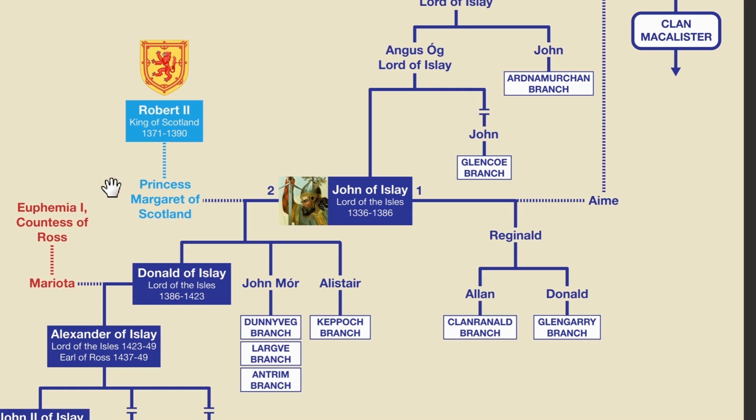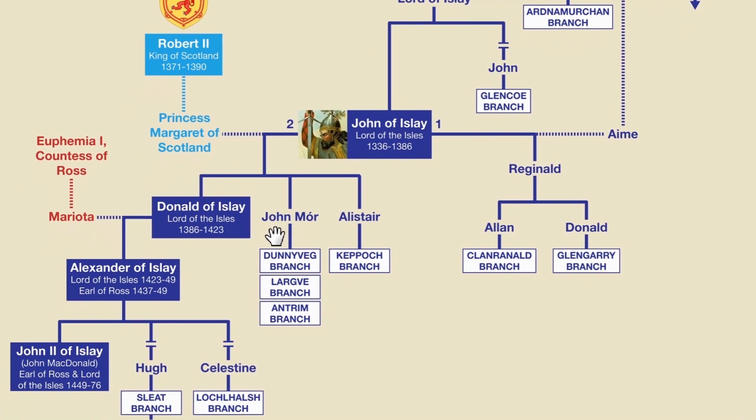He married Princess Margaret, whose father was King Robert II. They had several children, among them Alastair, who fathered the Keppoch branch, and John Moore, who fathered several branches collectively known as the South MacDonalds, while the main branch continued as the North MacDonalds. And yes, although Donald was younger than these children here, he was his father's primary heir because of his mother's much higher status. Donald of Islay went on to marry the daughter of the ruling Countess of Ross, who was